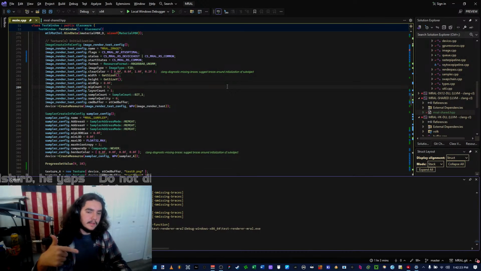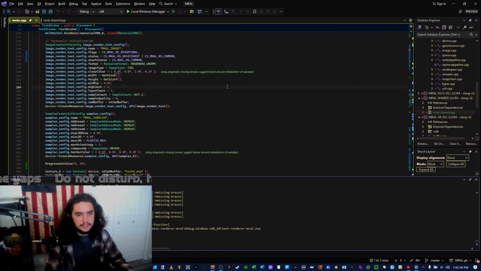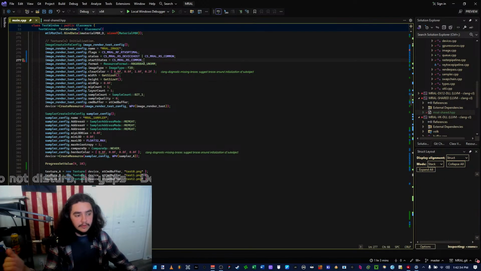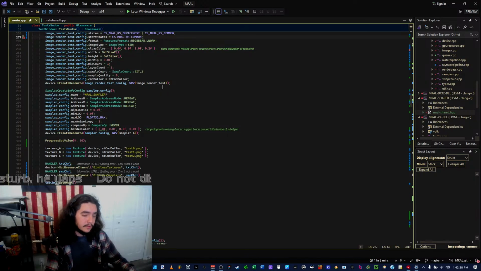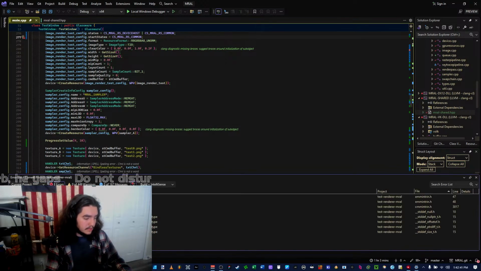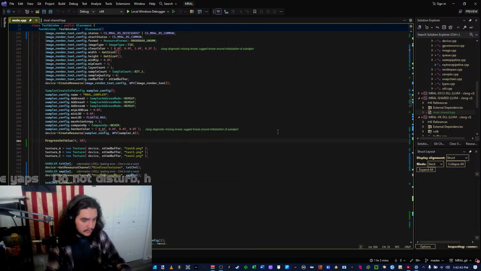So I'm actually keeping track of what current state it's in to transition it from that to a new one. And that's what the start state is. I'm saying that it starts in common if it were to transition into something else. I don't have buffer transitions hidden yet, though, which is weird to think about, but I don't.